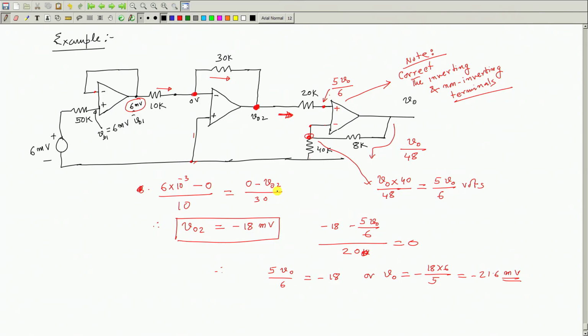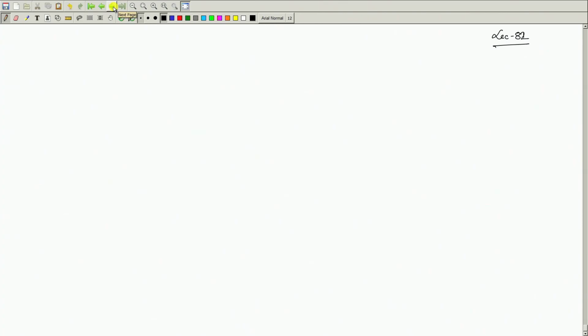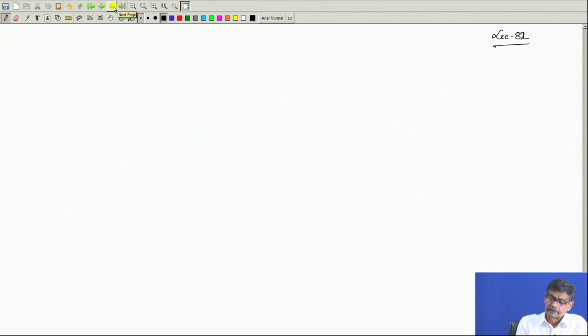So, this rule, that the voltages of this point and this point are the same, is true if there is a negative feedback with a passive element like some resistors, inductors, capacitors, whatever it is. And today I will first tell you about one interesting circuit based on op amp, which will be able to do some general impedance transformation.